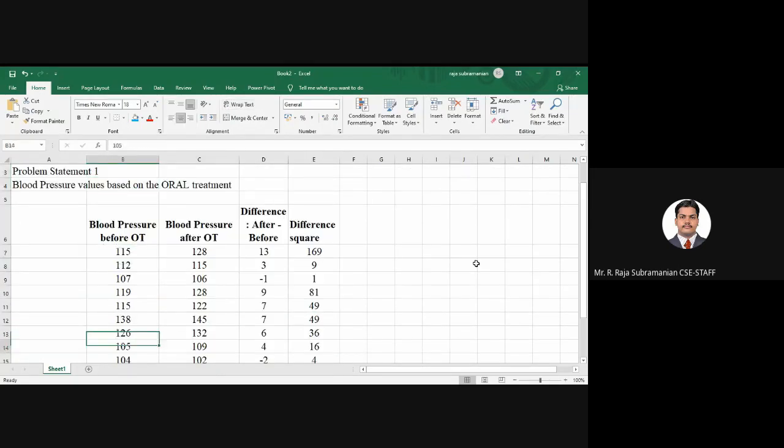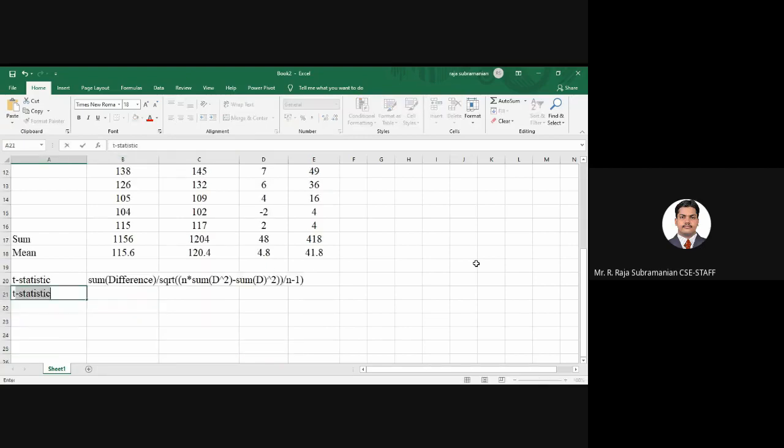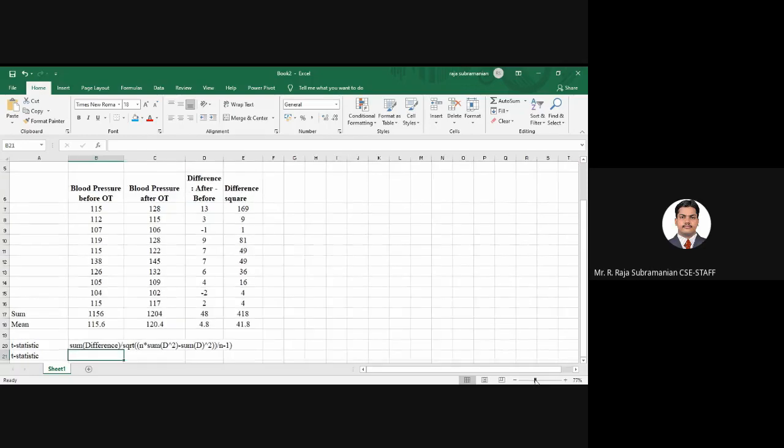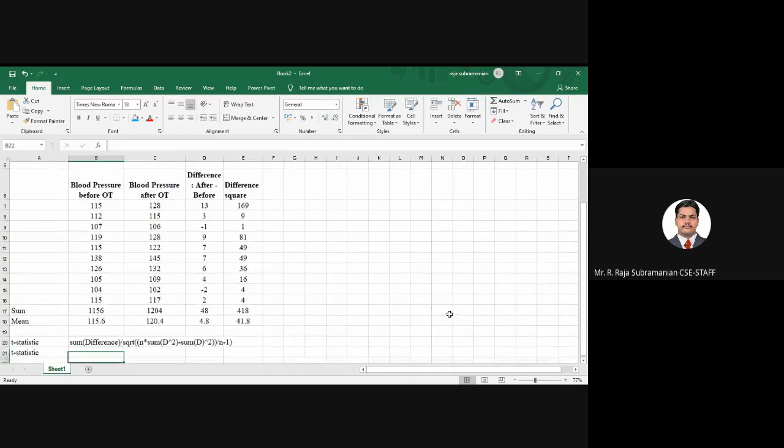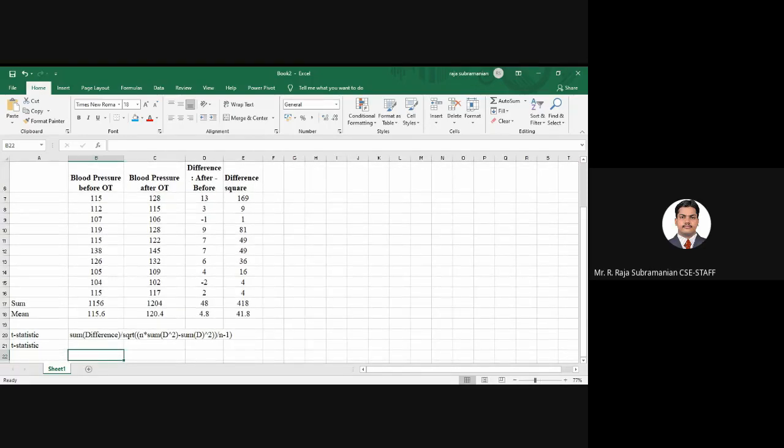Now you'll be substituting here. I'll feed the formula here. The t statistic formula will be equal to the sum of difference. What is the sum of difference here in the particular table? This is the difference, and the sum of difference is 48. Great. Sum of difference is 48 divided by SQRT, square root of,